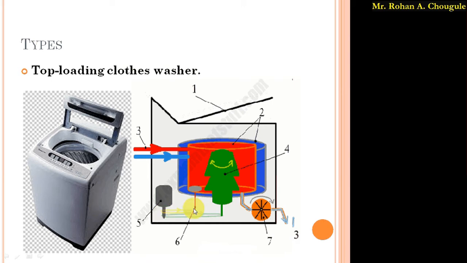When the washing is in progress, this electrical motor allows the inner drum to rotate, and due to that rotation the water gets out from the inner drum to the outer drum. After the washing process is completed, we have to remove the dirty water from the drum, and to remove that we have used a pump which sucks the water from that drum and allows it to get out. So this is a basic typical mechanism used in a top loading washing machine.